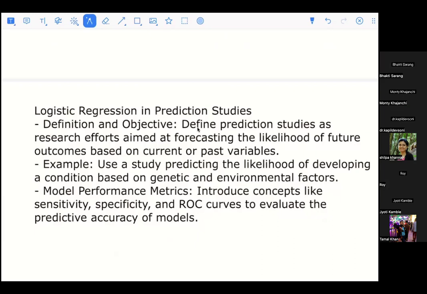There, the beta is important. The actual value of beta as such is not that important. It's the combination of beta 0 plus beta 1; the actual value of beta 1 in that equation is not as important. It's the joint equation that is more important. So you are not going to interpret the beta in a prediction study. That could be wrong because we are more concerned with the equation. There, what we need is actually the probability of a particular disease occurring in a new patient. Here, some new performance measures have to be